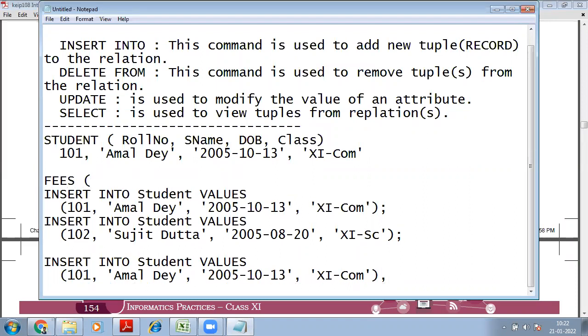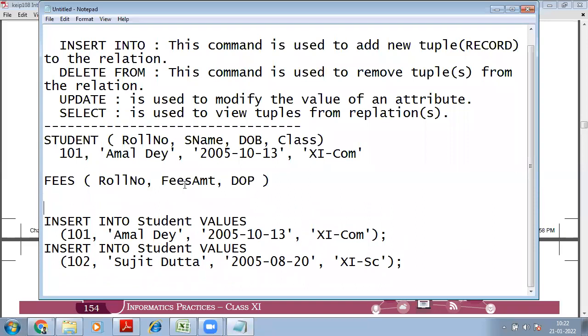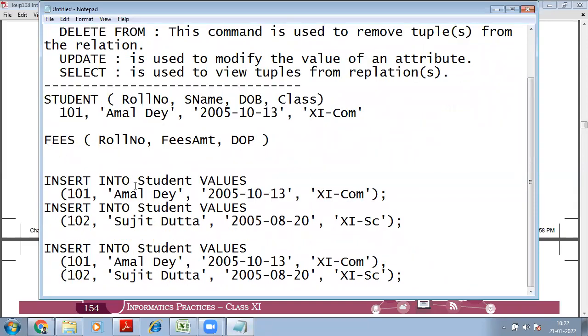There also you may have fields like roll number. Just listen to it very carefully. Roll number, fees amount, and date of payment. These are the fields for the fees table. Now, if you are entering a record in the fees table, what command will you type then? Insert into fees. You will type the record like insert into fees,